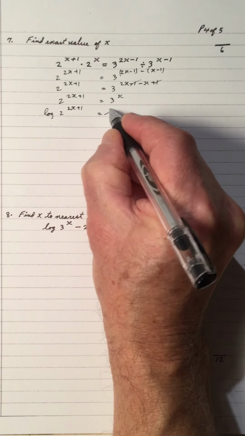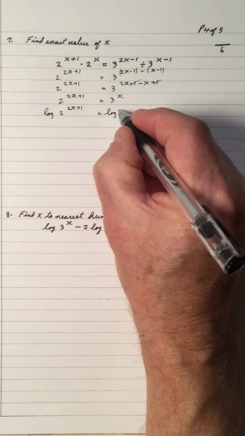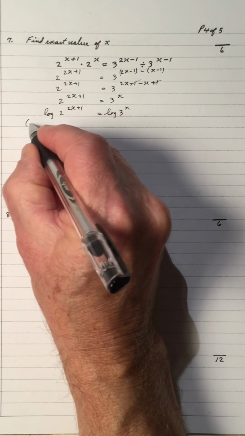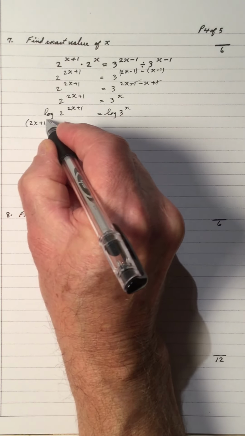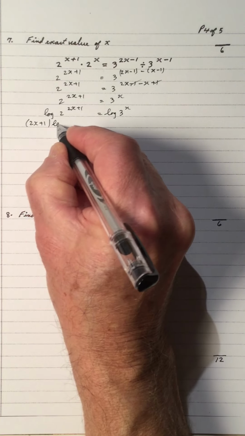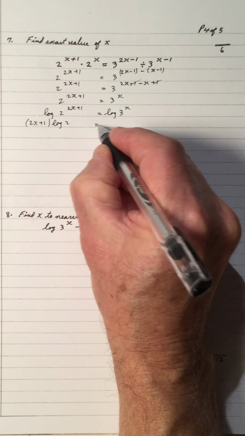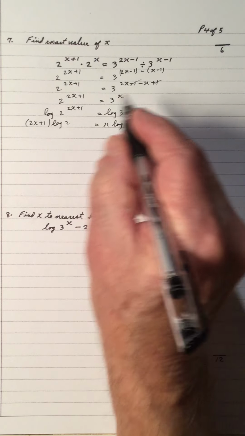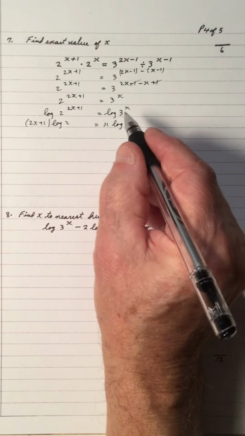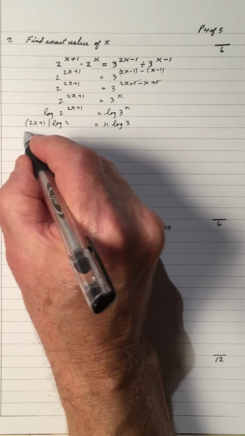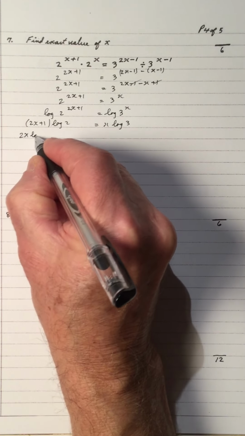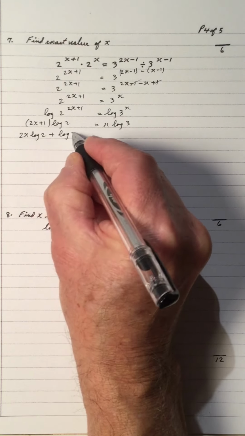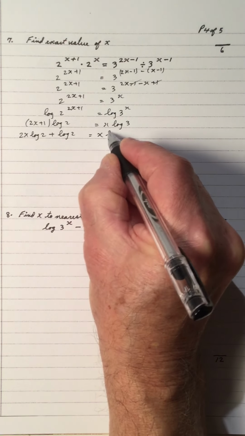So we'll do the log of each side. The log allows you to move the exponent, which has the x in it, 2x plus 1, as the power rule moves in front. And the power rule, the x moves in front. So we multiply by log 2, so it's 2x log 2, and 1 times log 2 is log 2,